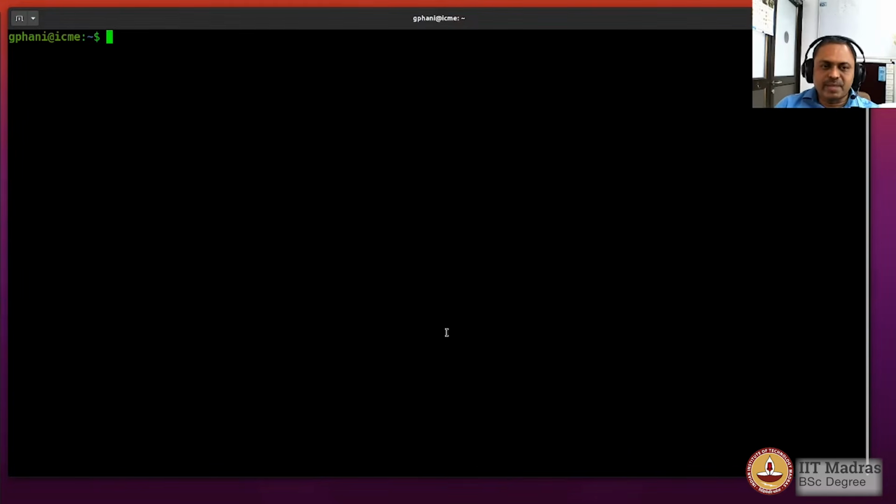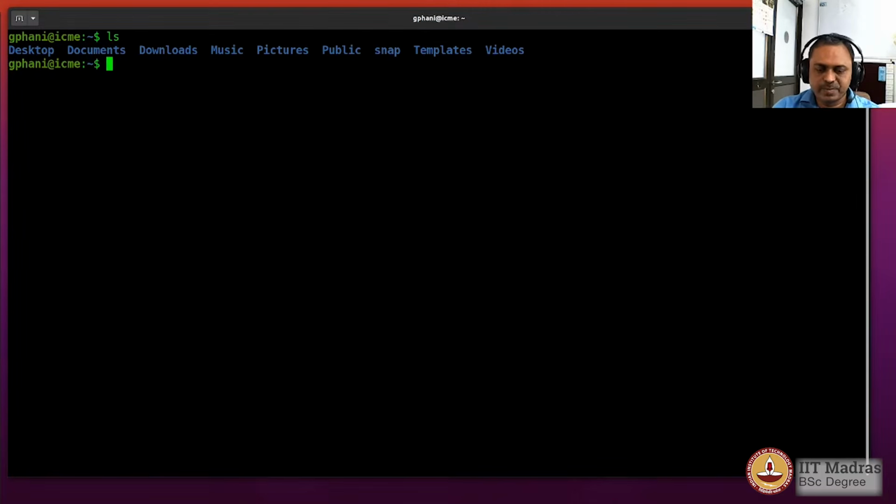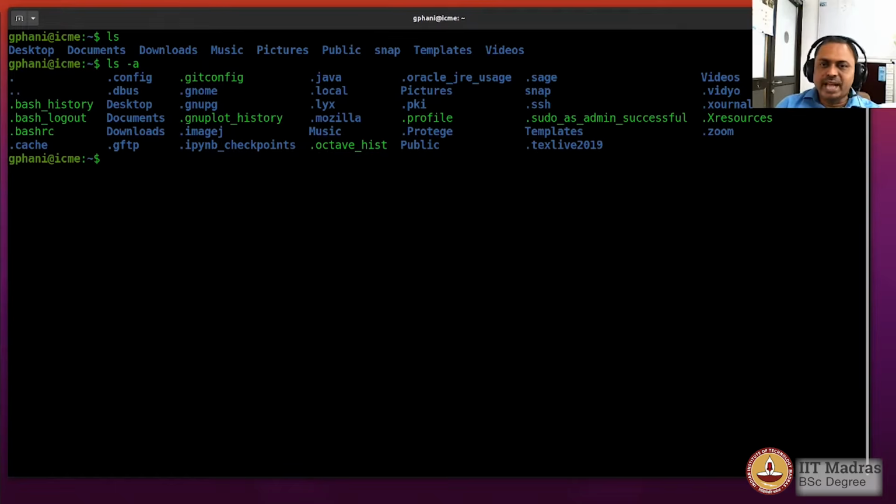Now let us look at these commands a little more in detail. We have typed a command ls to look at what are all the files that are in the current directory. We can now give an option to that command. I would give an option -a. Most of the Linux options have a hyphen or a minus sign in front of them, and you would see that a lot more files are being displayed. The -a option will list files which also have a dot in front of them, which means that those are basically hidden from the user for routine operations.